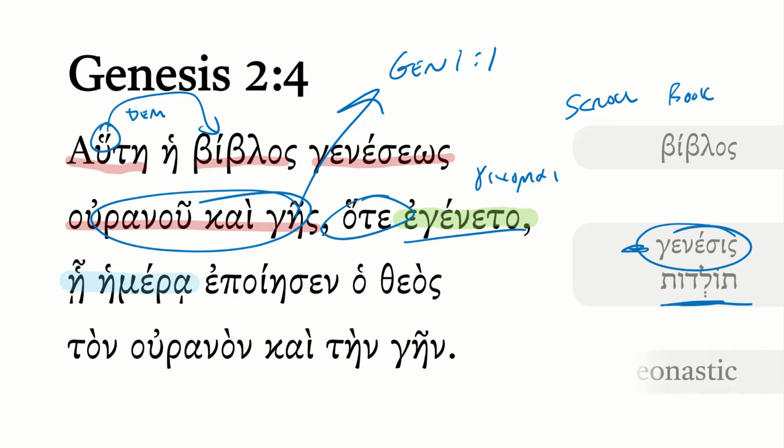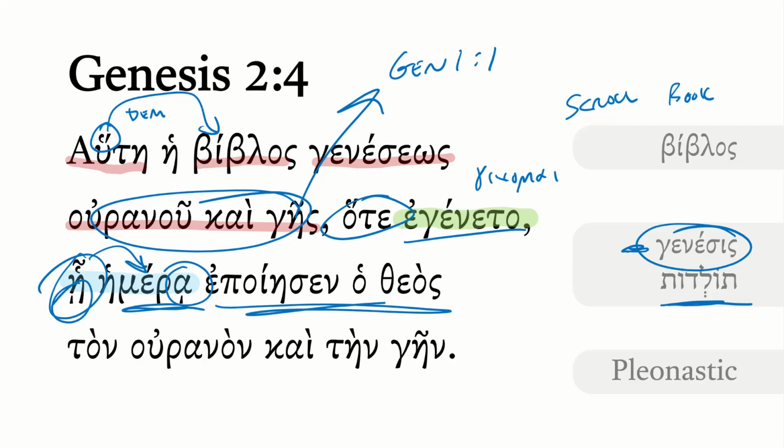Then we have an interesting phrase here, he hemera. You may be thinking, well, this seems odd. Why is there a relative pronoun here, which is sort of pointing forward to hemera, which, both of them, as you can tell, are in the dative? Why do you need the relative pronoun? Well, strictly speaking, you don't. You could simply just say hemera in the dative, the day in which, or the day which God made, using